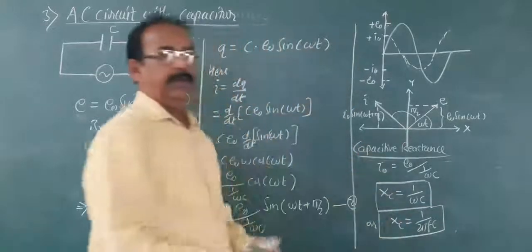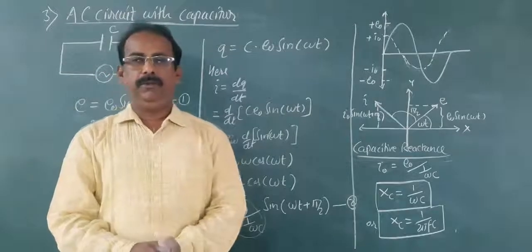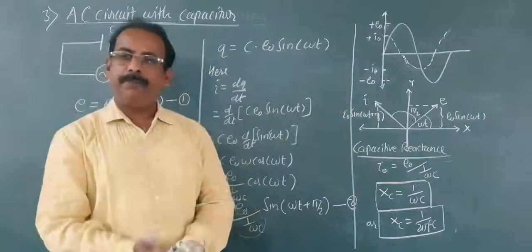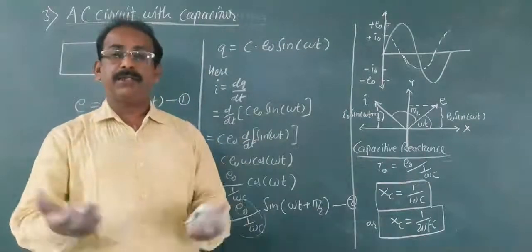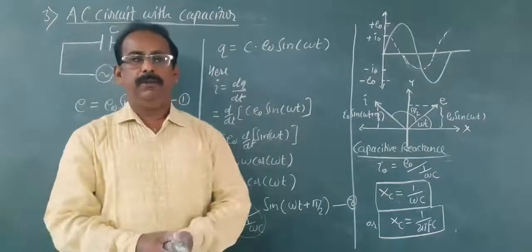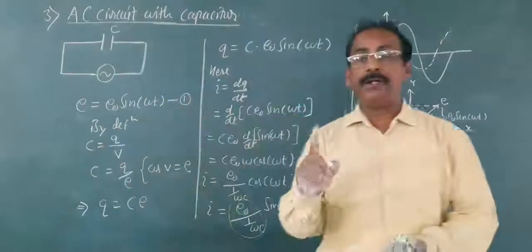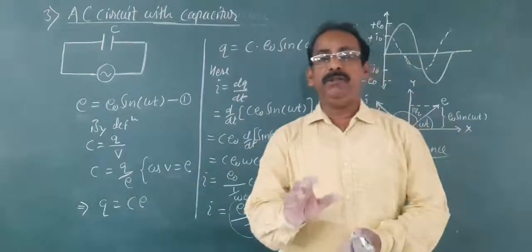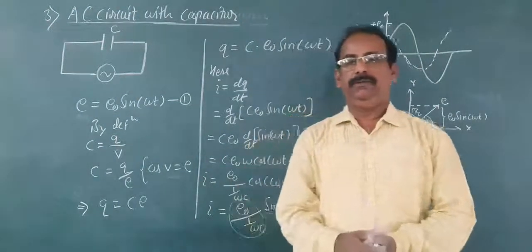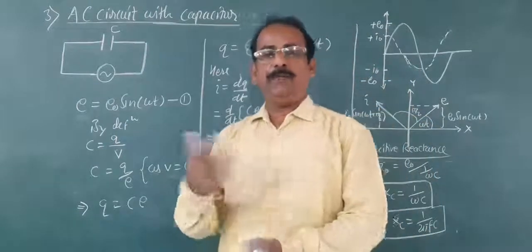See that this capacitive reactance is inversely proportional to frequency. When f is 0, we get Xc infinite. f is 0 always for DC current. It means that for DC current, the capacitor always offers infinite resistance. It means the capacitor blocks DC current.